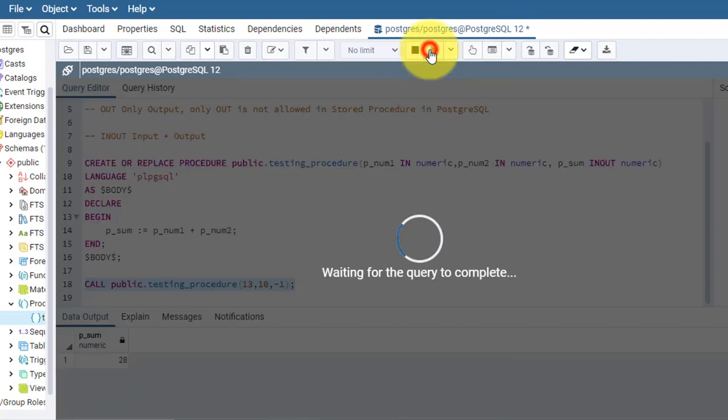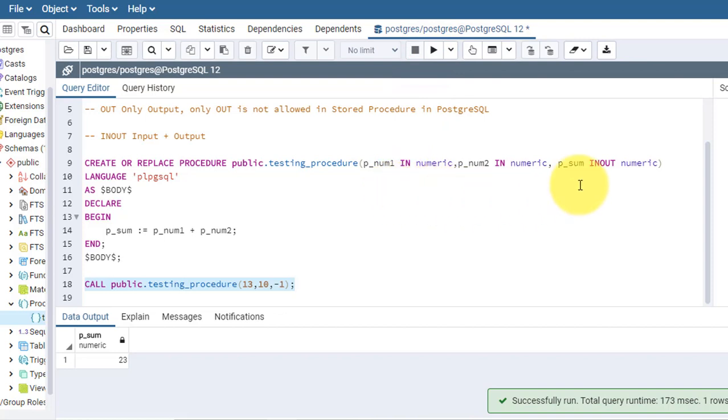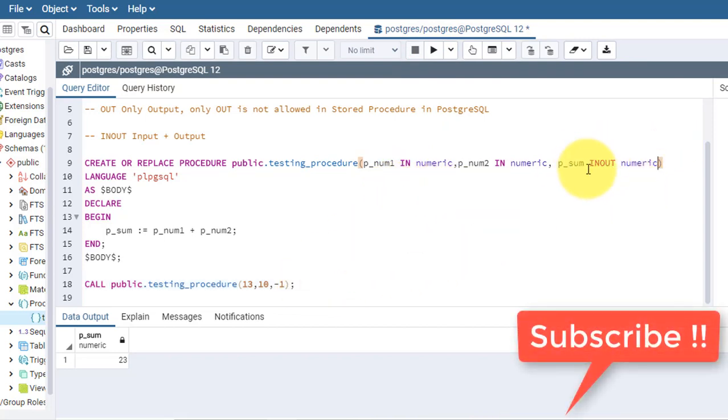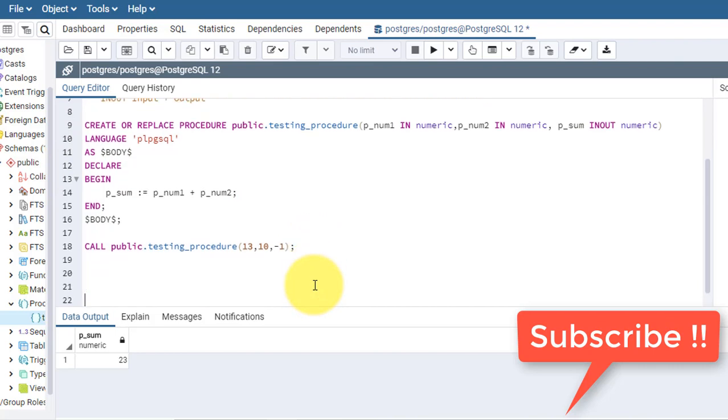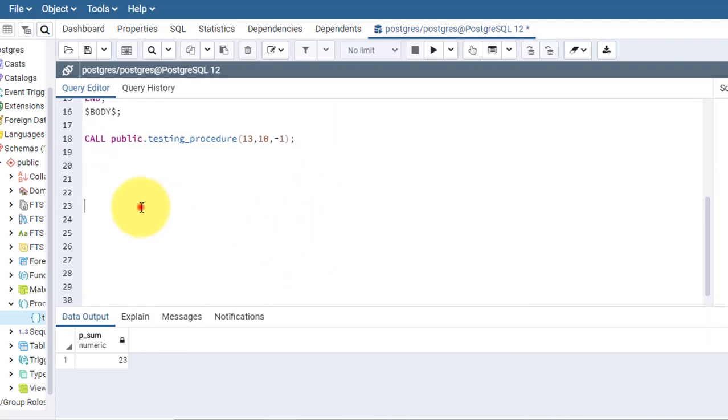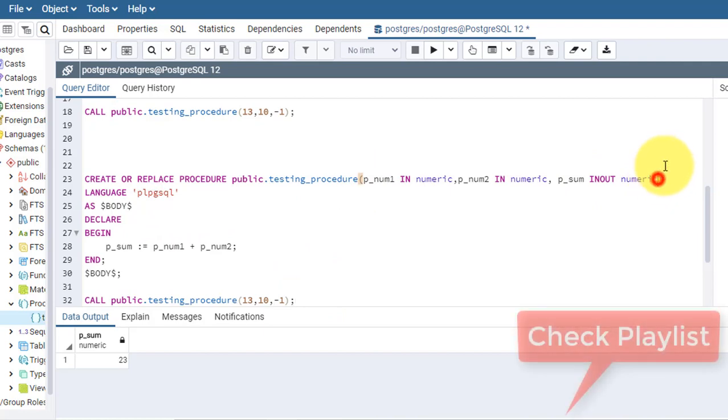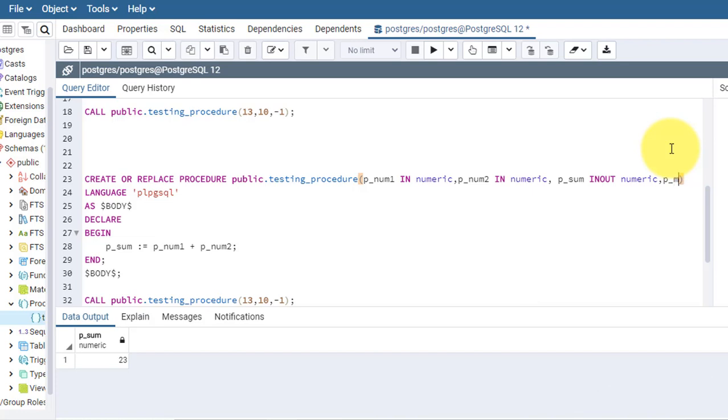So this is the way we pass parameter modes. We can even have multiple inout parameters. Let me show you an example of that as well. So here I will add one more parameter, p multiply, for the multiplication of those numbers.